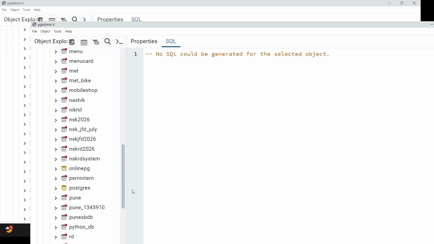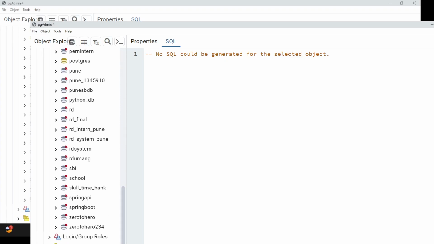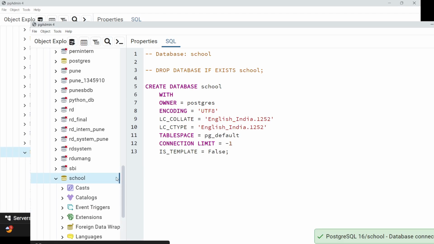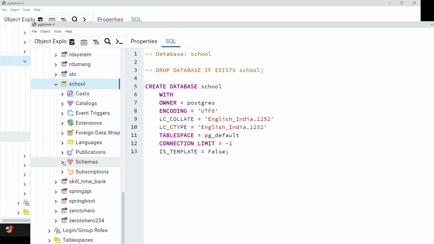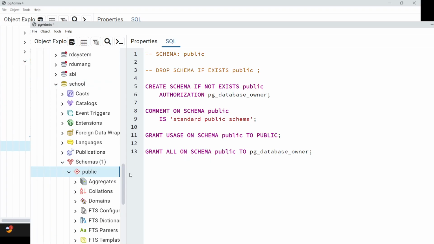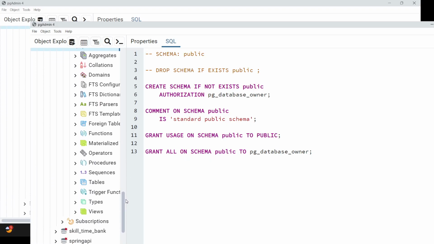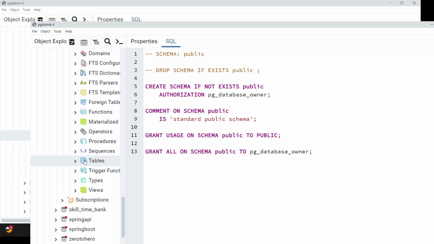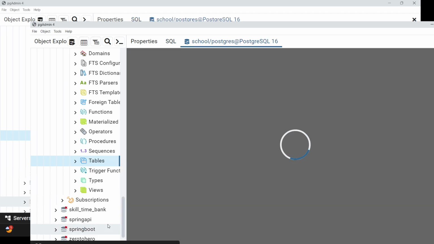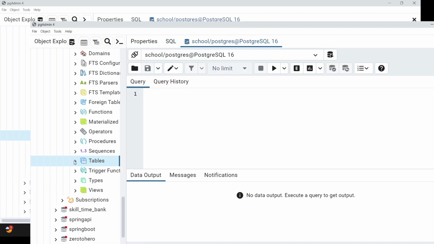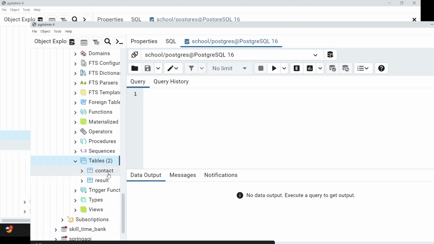Let me open the database first, that is school. If you remember the table position, the tables are available in schemas, and within that we have the table structure here. You can right click and open the query tool. I don't remember the table names, but you can see there are tables: contact and result.